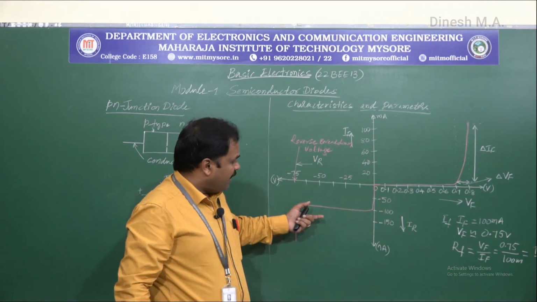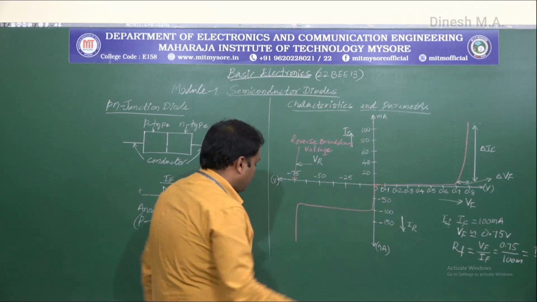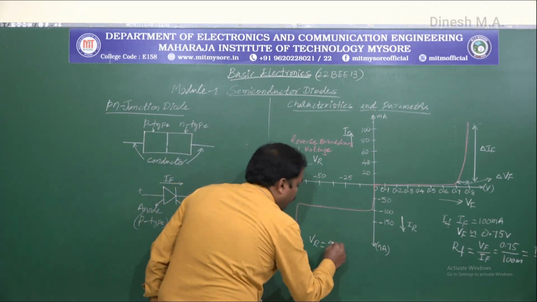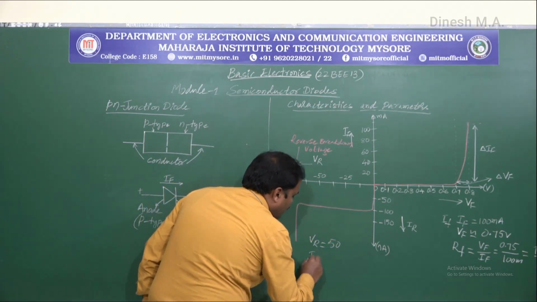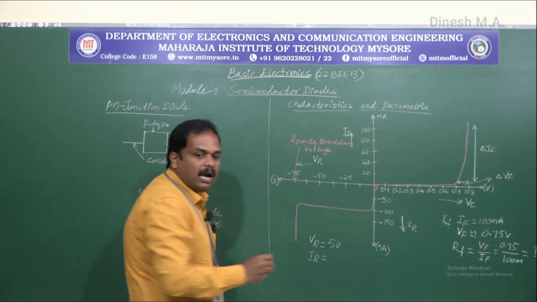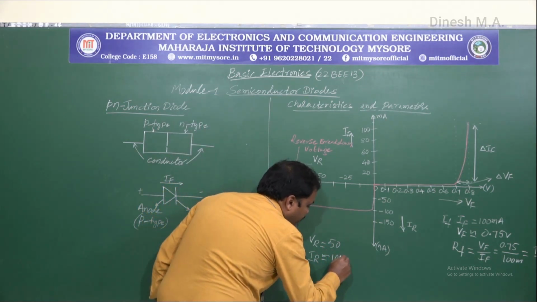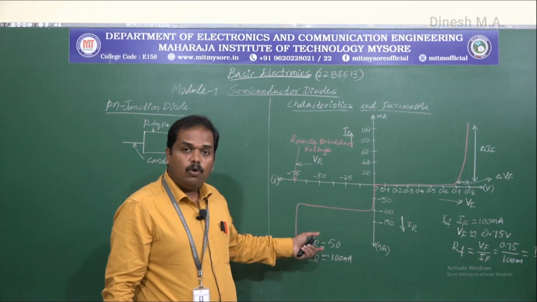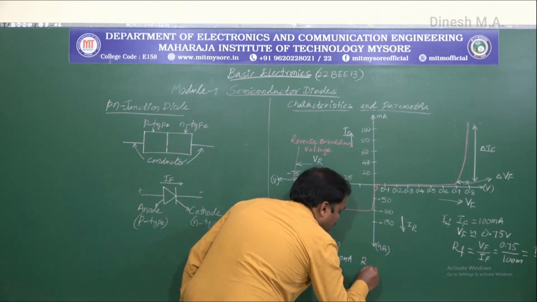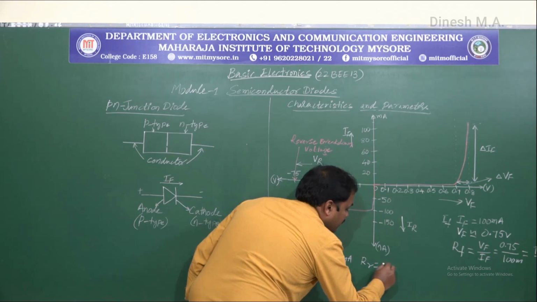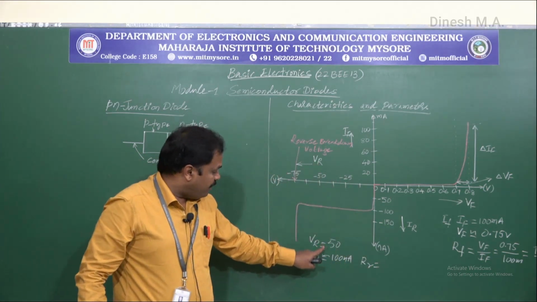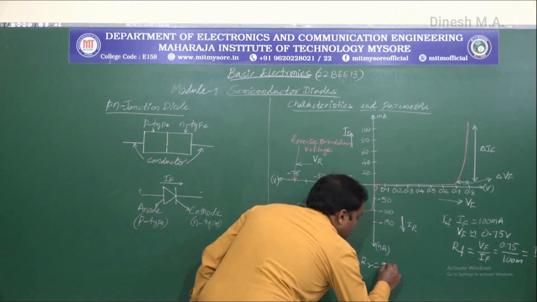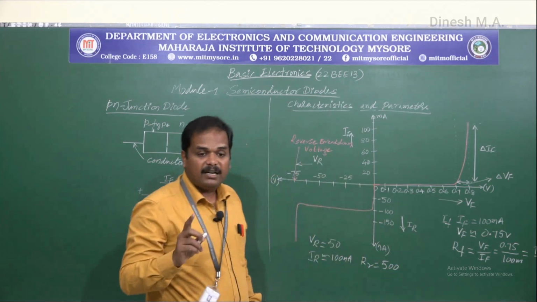this would give us a resistance of 7.5 ohms. Whereas in the reverse characteristics, if we consider something like VR equal to 50 volts and IR as 100 nanoamperes approximately, using these values with the Ohm's law equation, substituting VR and IR in the equation, like VR by IR, this would give us RR of about 500